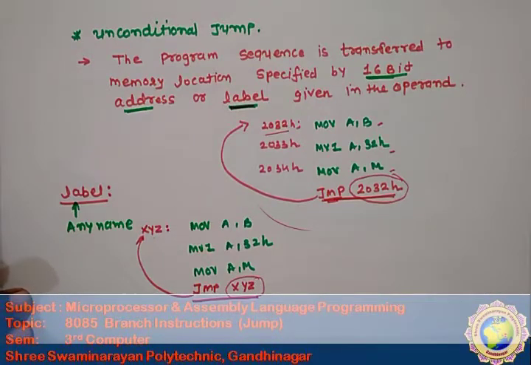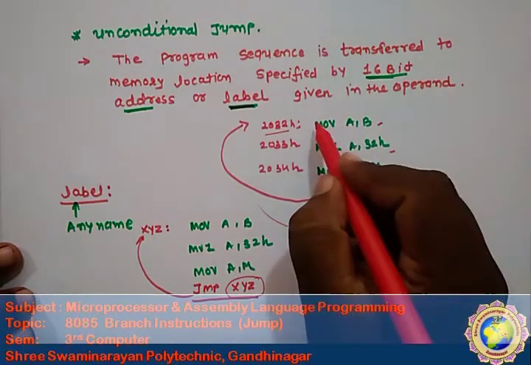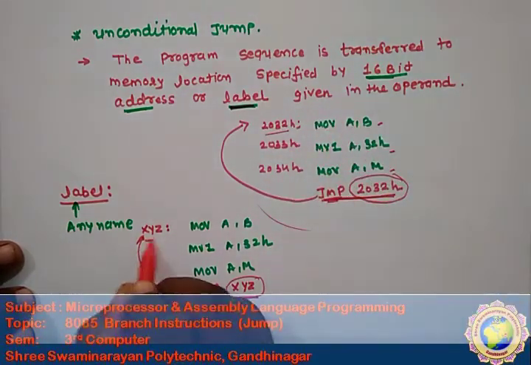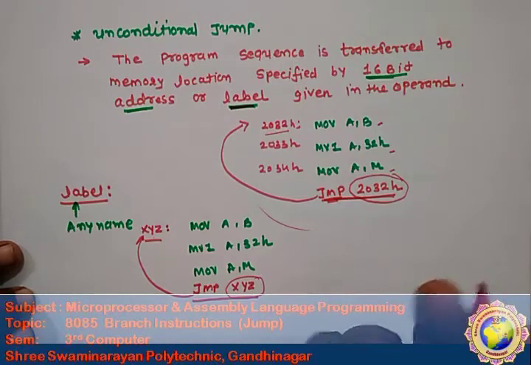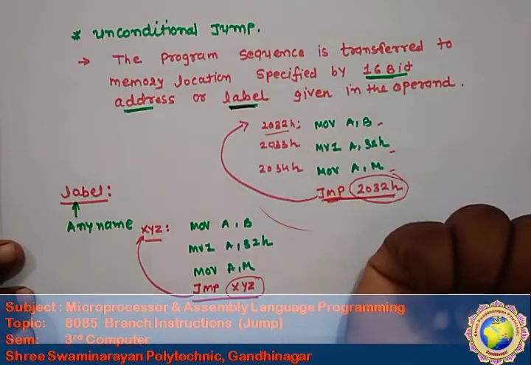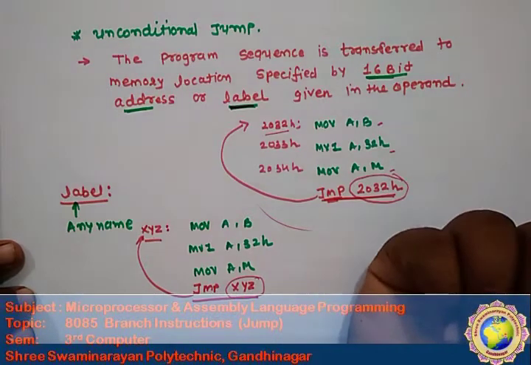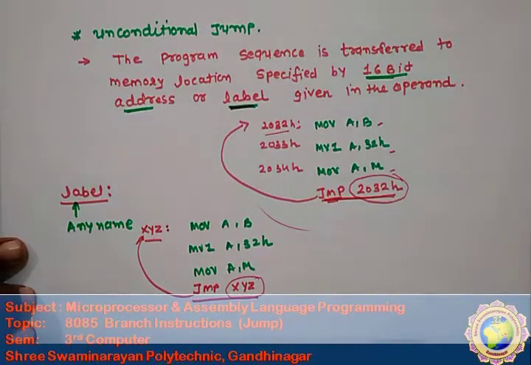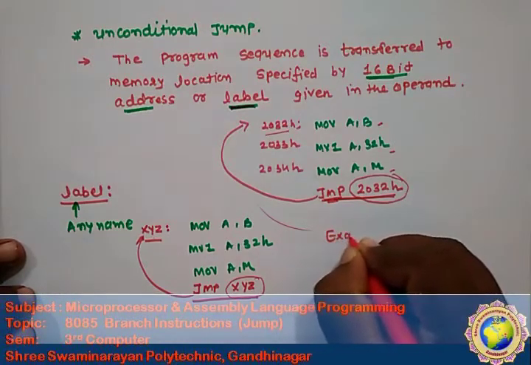The label is easily distinguished. The label is many times used because we don't know from which address the execution is started. If we put here a label, that can be easily distinguished કે ક્યાંથી એ instruction execution start થાય છે. So whenever you want to use the branch instruction, then you have to use the label. તો આપણે એને લેબલનો ઉપયોગ કરીશું. So this is known as an unconditional jump. What is the example of unconditional jump?